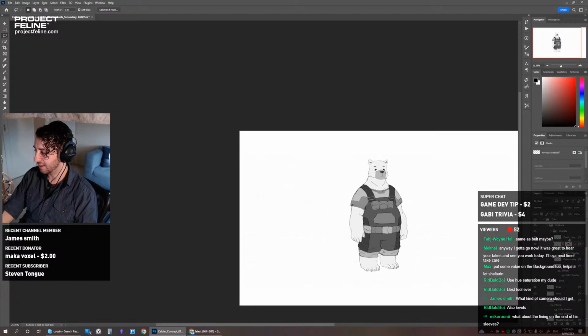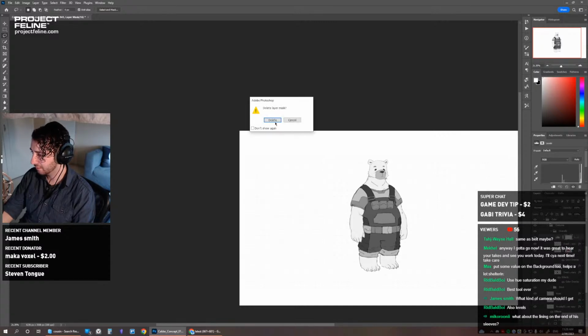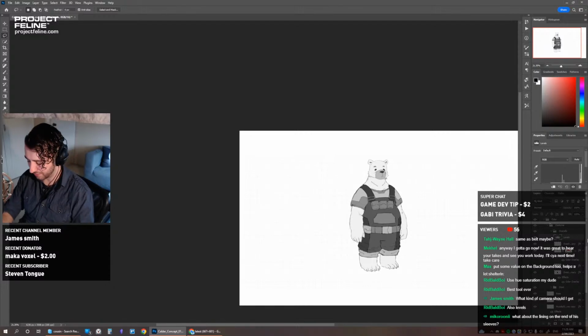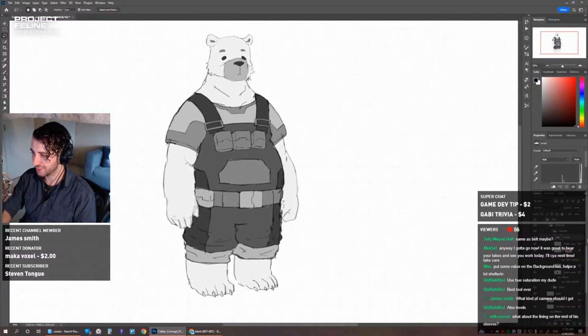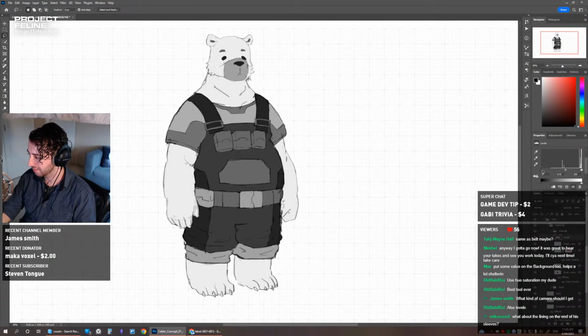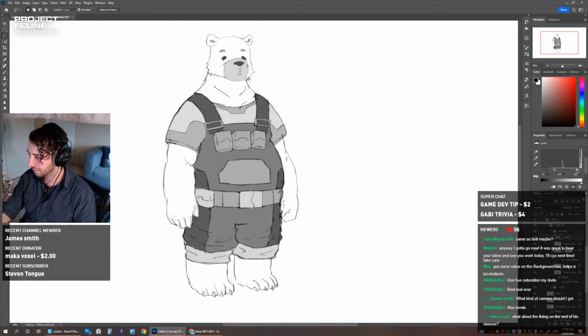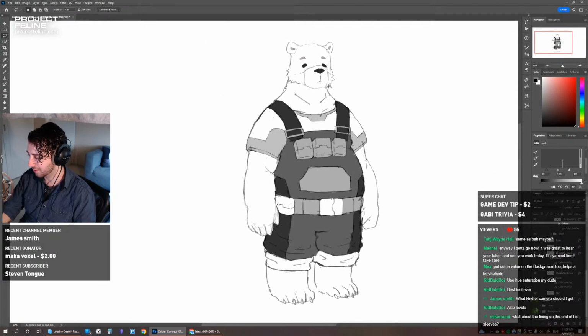All right, let's go levels. It's been a while since I've messed around with values like this. I'm just doing what feels right, just intuiting it. I'm just messing around with these. Okay, it's a lot of contrast.